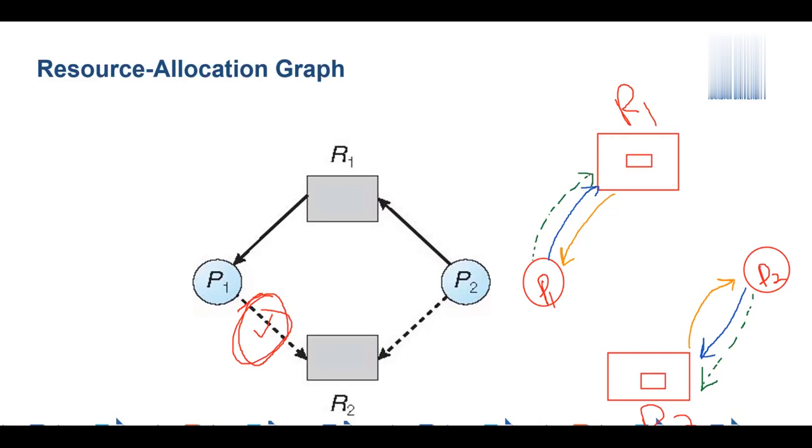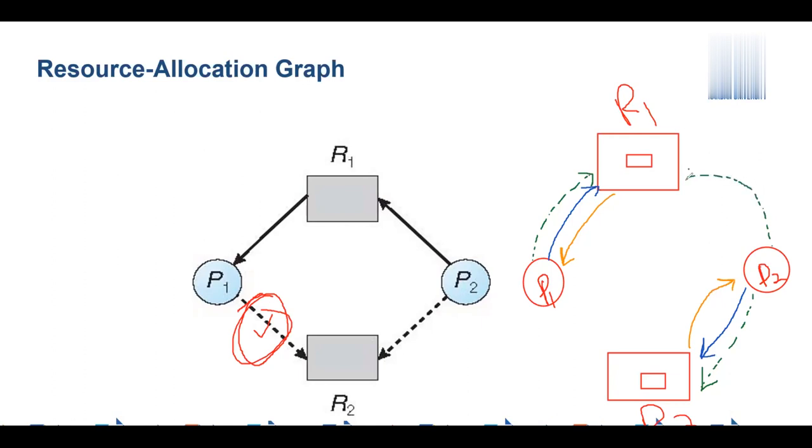Now P2 is saying that R2 is not sufficient for it, it will use R1 too, so let me make a request. But when it makes a request, the hold and wait situation will become true, and it will cause a deadlock. So the banker algorithm, sorry, this resource allocation algorithm is trying to avoid this. So that's why before making a request, they will